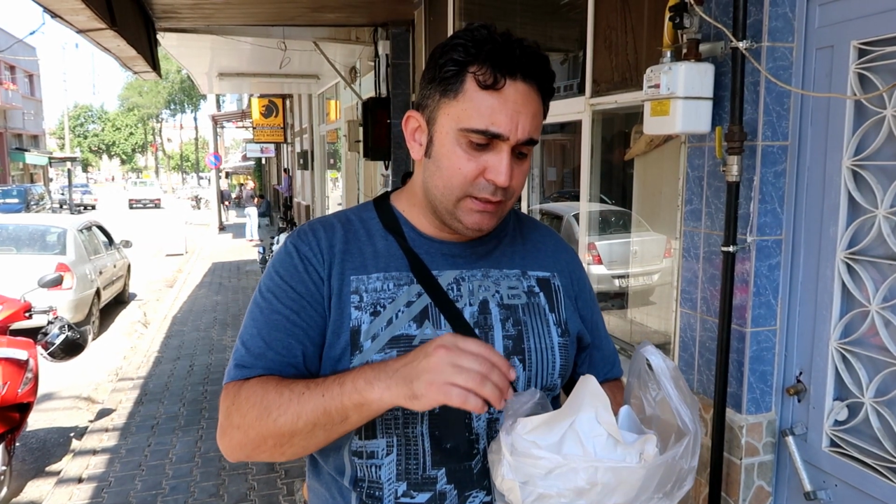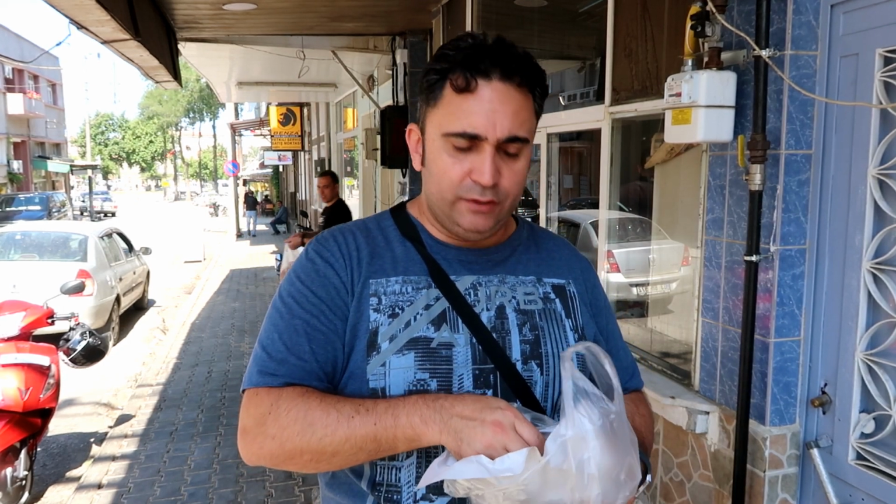I will show you guys how a simit is made, or Gevrek as they call it in West Turkey. It's bread, basically like a roll, but it's dipped in molasses, and then they take it out of the molasses, place it with the sesame seeds, and then they chuck it in a wood fire oven. It's very crispy,